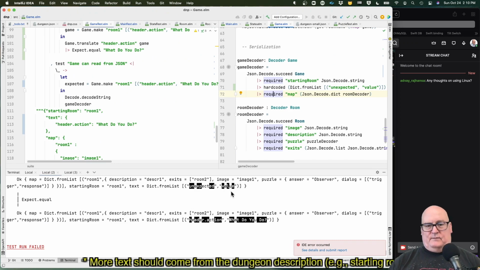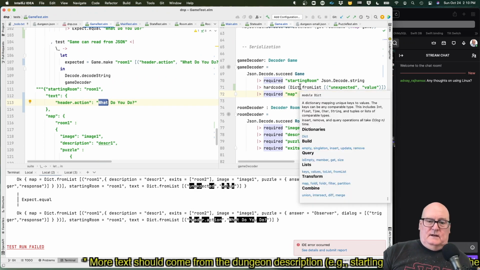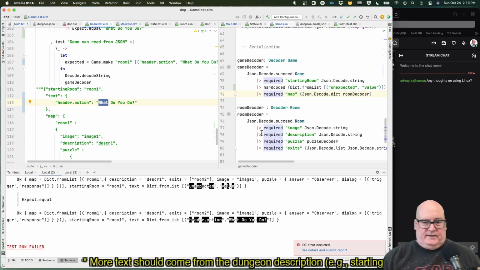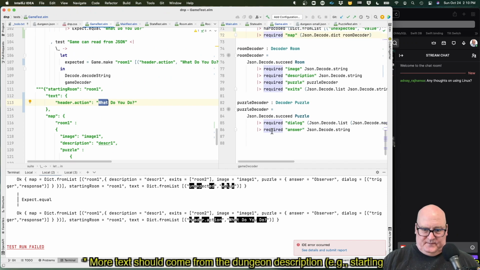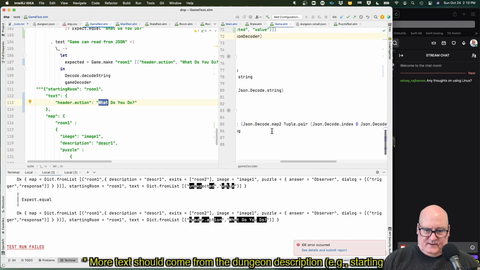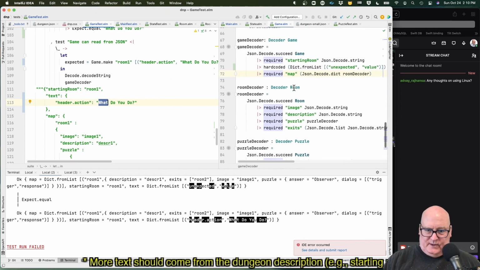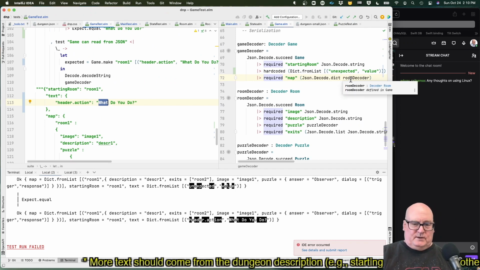Okay, not from the text of what we read. All right, this is good. Now, parsing a dictionary. Okay. That's been automatically generated, so they did the work for that. Dictionary from list, JSON.decode room decoder.